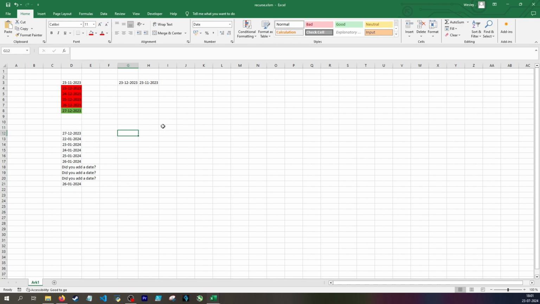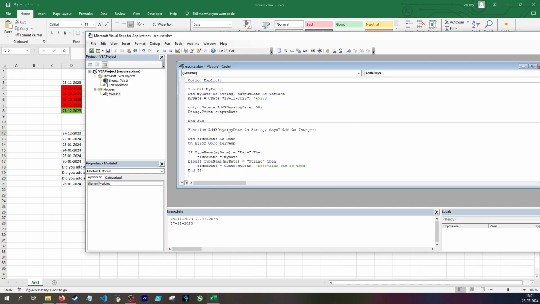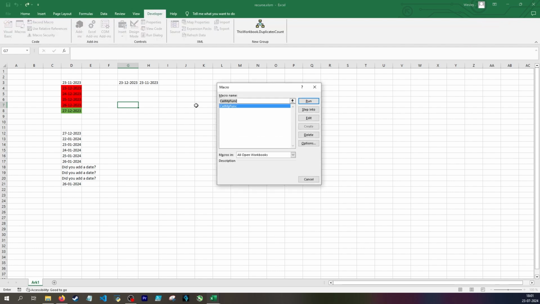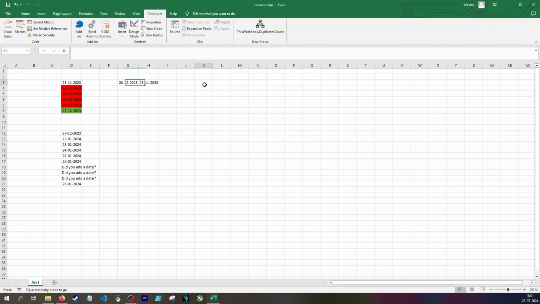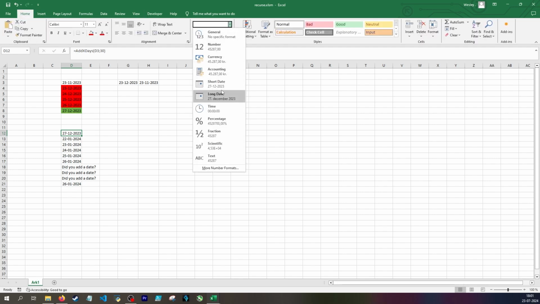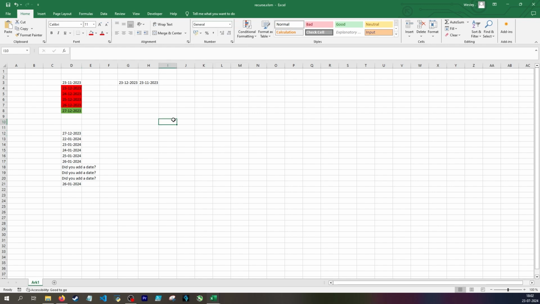You can get around this if, instead of making a function, you create this as a sub, at which point you'd call it like any other macro under the Developer tab, call the macro, and then you just highlight a cell and highlight the array with the holidays, or the holidays could be stored inside the function. And then, because it's a normal macro, you can manipulate the cell. So you could say change the selected cell's format to be a date, and then it would output the number and then change the formatting. But you can't do that with a function. I just think personally for normal use, this would be better as a function, and then just tell the user, hey, you have to manually go up here and click on date. So, yep,